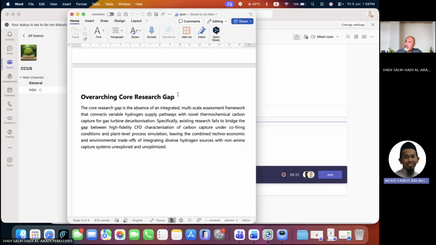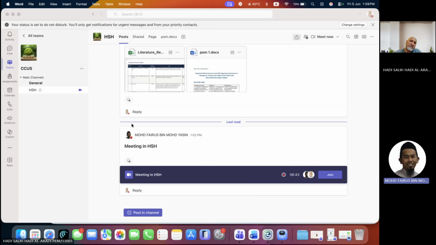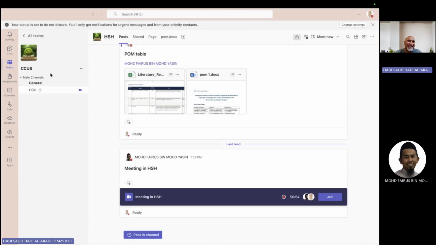Once I get some time, I will put some comments on your PM table to begin with. But you can continue. It looks like you are in the right direction now. You can continue with the detailed literature review one by one. Okay, actually, that's what I wanted to hear, that I'm in the right direction. That's all.